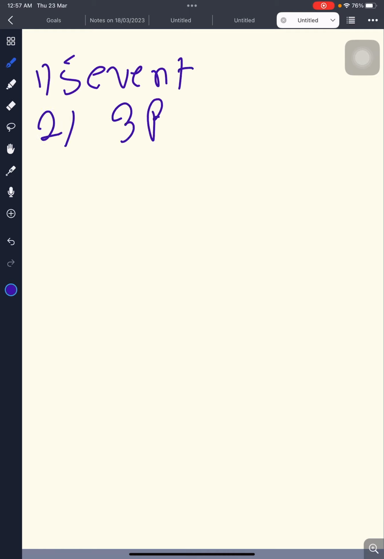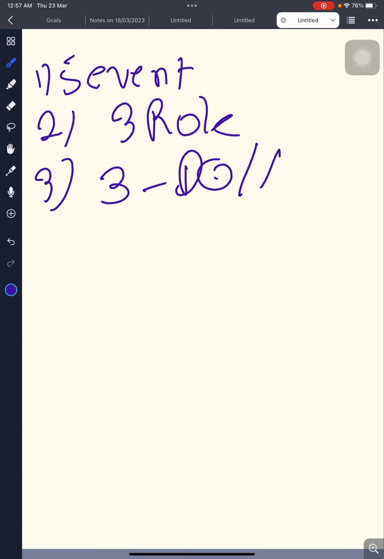So we have already discussed 5 events in Scrum. We have discussed 3 roles in Scrum. Today I want to discuss 3 documents or artifacts in Scrum. Now the first and most important document is